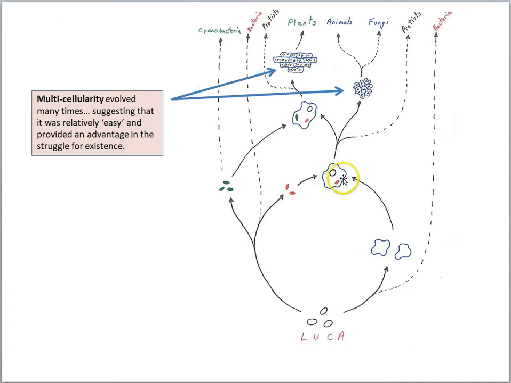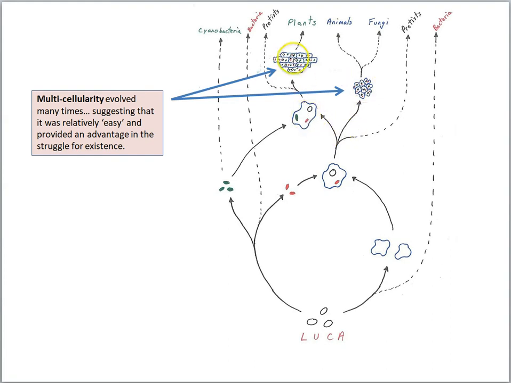Now, the larger energetic cells were able to then form multicelled organisms. And this happened many times actually in the history of life on Earth, suggesting it was fairly easy to do. Some mutations, some changes allowed cells to stick together, forming a larger colony, and presumably that had advantages to survival. If you're bigger, you can't be eaten by a single-celled predator, right?